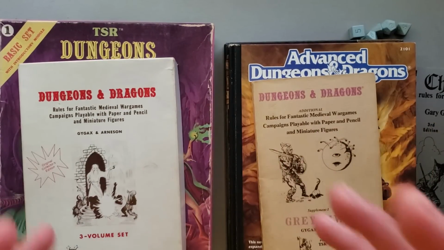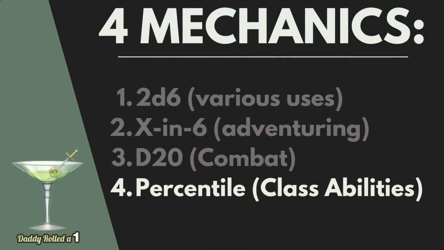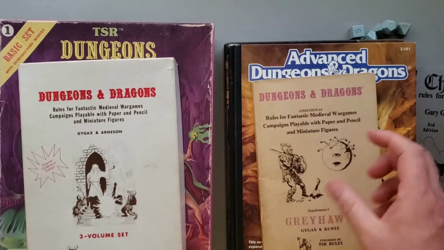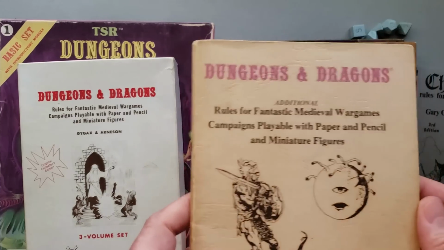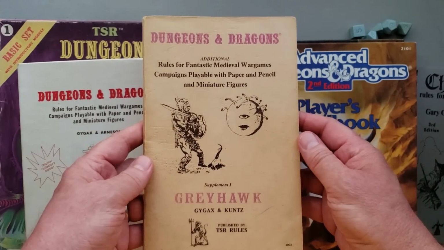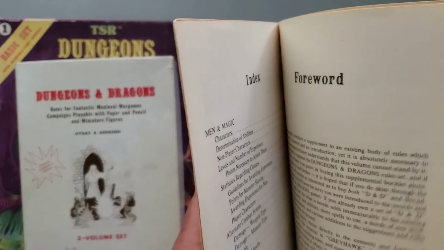Okay, so that's the d20 mechanic that you have now. The last subsystem that we have would be the percentile-based subsystems. And the first place I kind of think it shows up is in this supplement. I told you we were going to come back to this one. So this is Supplement 1, Greyhawk, 1975. And in this book, you have the